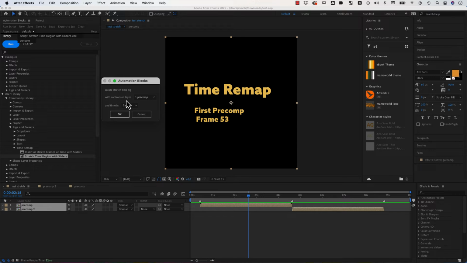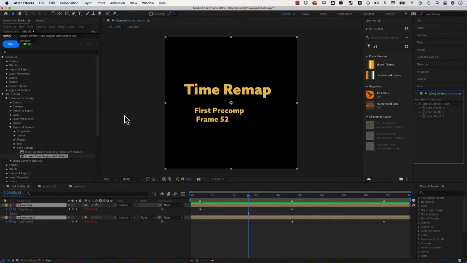And it asks you now on which layer the sliders should be created. It creates them on the first pre-comp. You could also create them on the other layer. And then it asks, do you want to work with frames on your sliders or with seconds? Let's keep this as frames and click OK. And what now happened is on this pre-comp layer, I've got